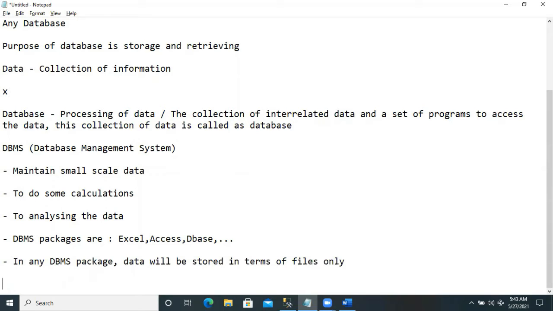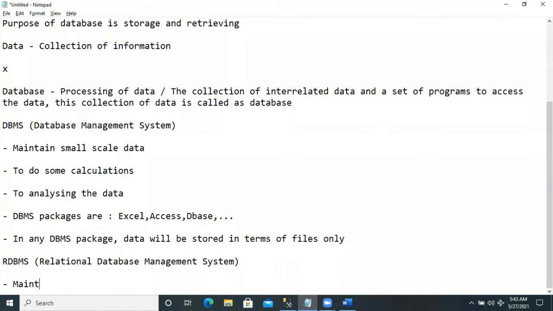To maintain a huge amount of information, to organize the data, to have the client server environment, two-tier architecture, then we go for RDBMS. RDBMS stands for Relational Database Management System. It's supposed to maintain medium to large scale data.